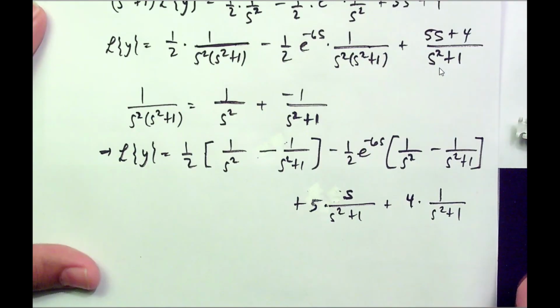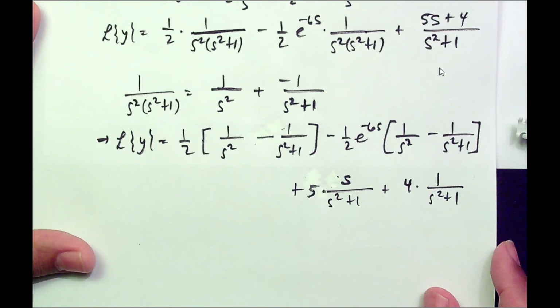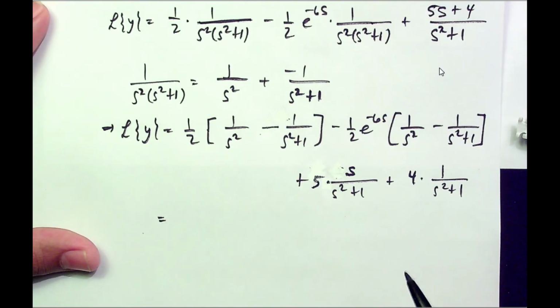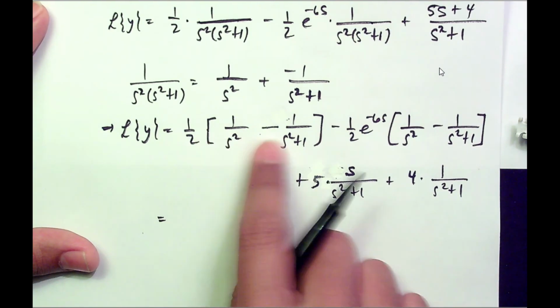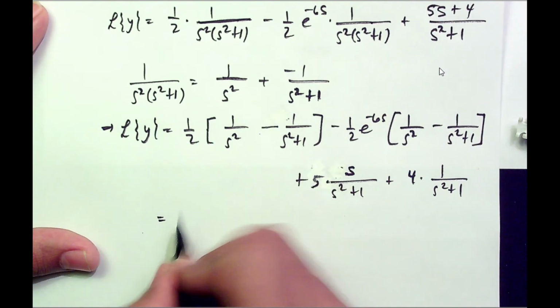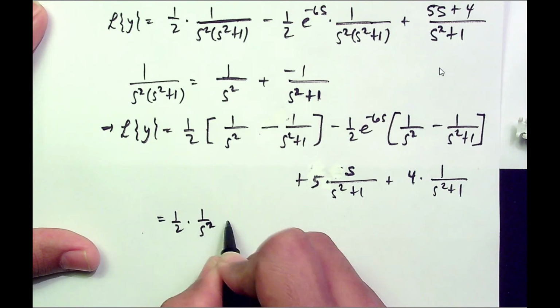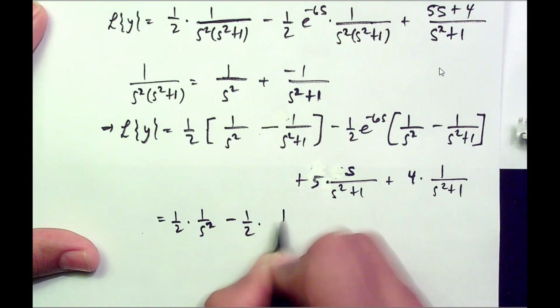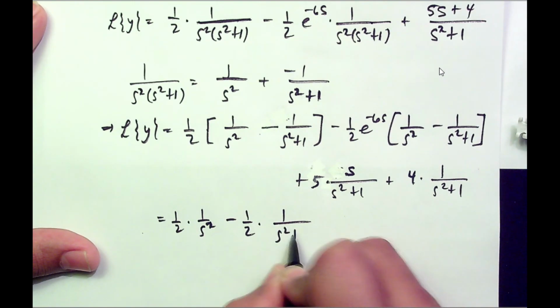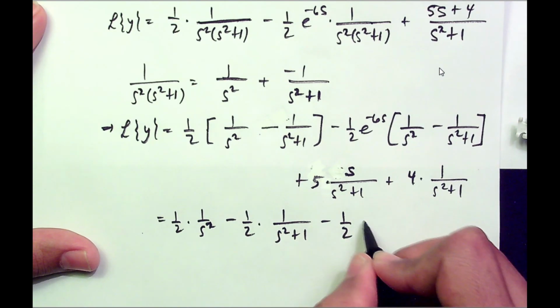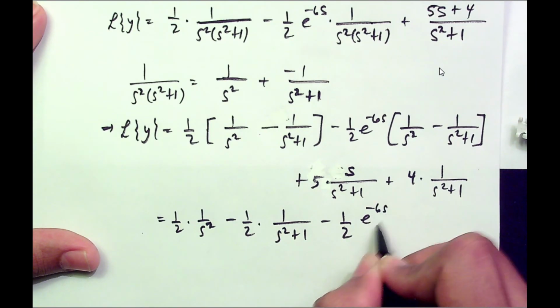Alright, so that's that. Now one more step and I think we will be almost ready. Just distribute everything. So this is 1/2 times 1 over s squared minus 1/2 times 1 over s squared plus 1 minus 1/2 e to the minus 6s